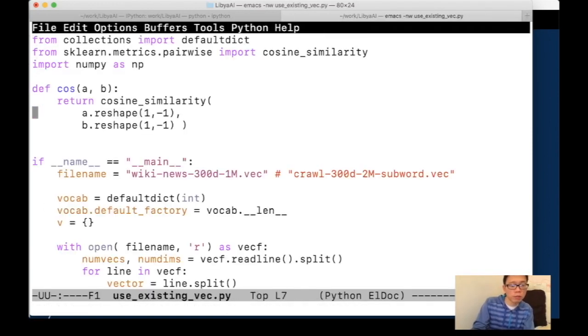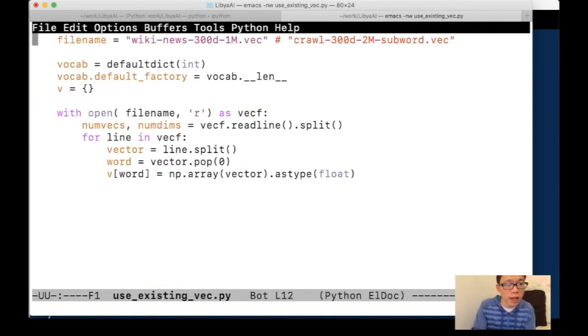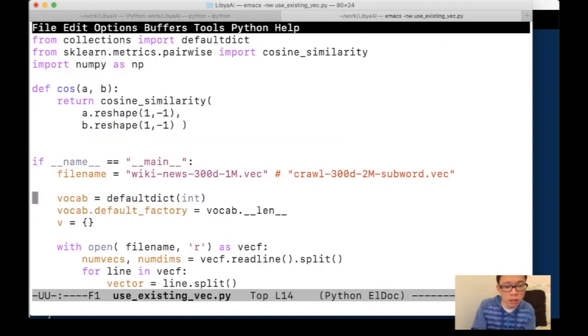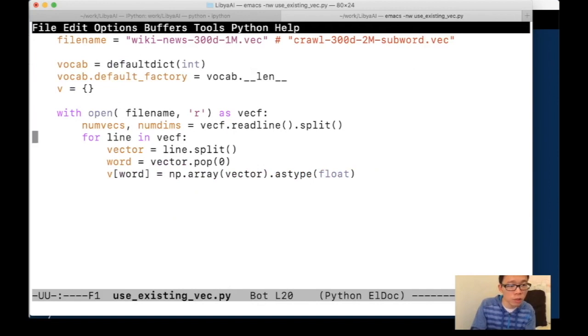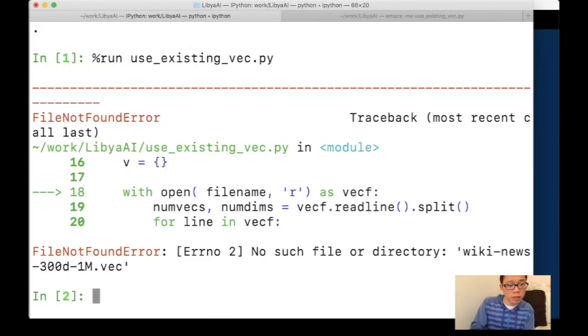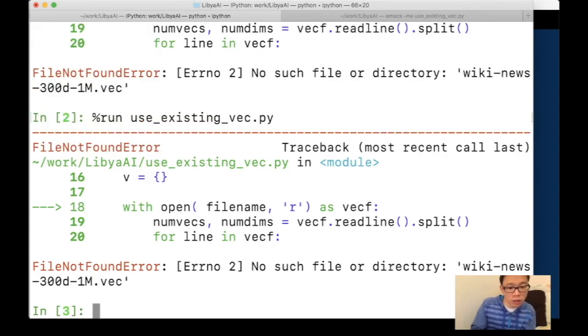I've loaded some pre-trained vectors. These are fastText vectors. This is a different model besides Word2Vec, but this is fastText, and I'm loading it in here. This is a Python script that just loads up this vector file that I downloaded from fasttext.cc, and you can see what it does pretty simply.